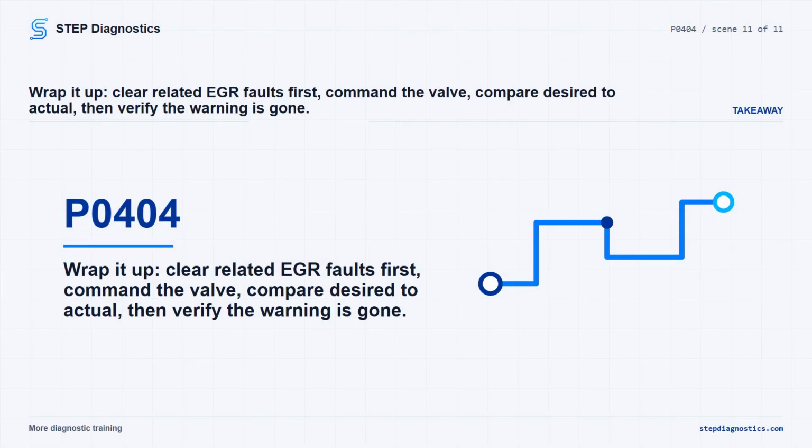The key on P0404 is to prove whether commanded EGR position and actual EGR position track each other. Check for related EGR faults first, command the valve through its range, compare desired to actual, then verify the repair and confirm any